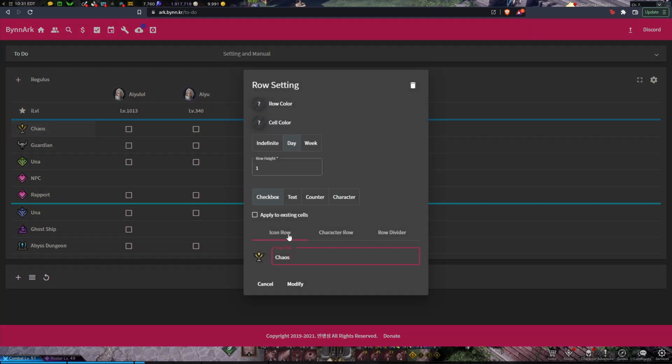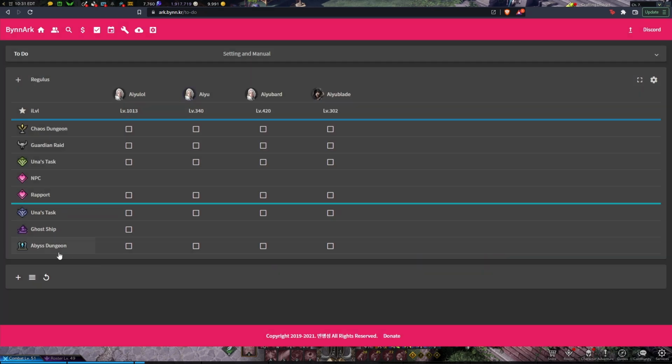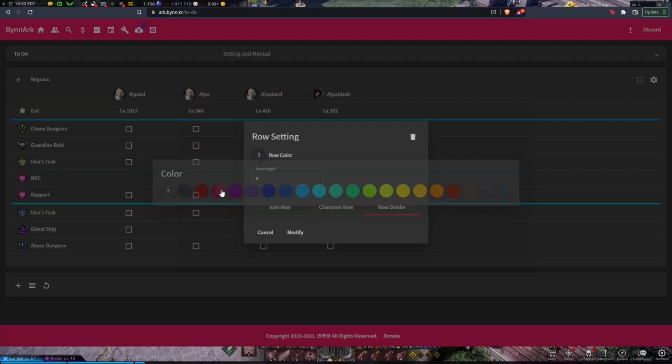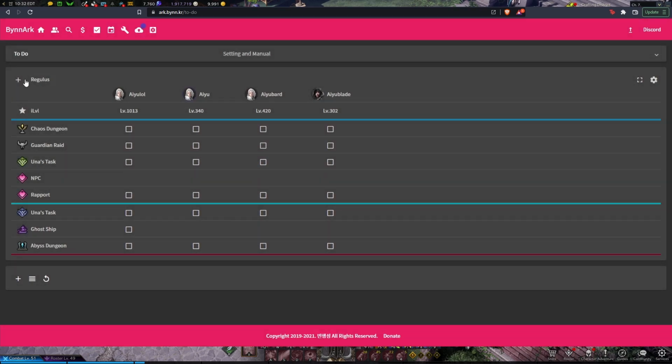And I can actually go ahead and add back dungeon to this guardian raid. Now for now, that's all I'll add to this section. But as you think of more stuff, you can go ahead and add that. Now I'll just add one last row divider here. Maybe I'll make this one red and I'll make the row height 1, and then I'll go ahead and add